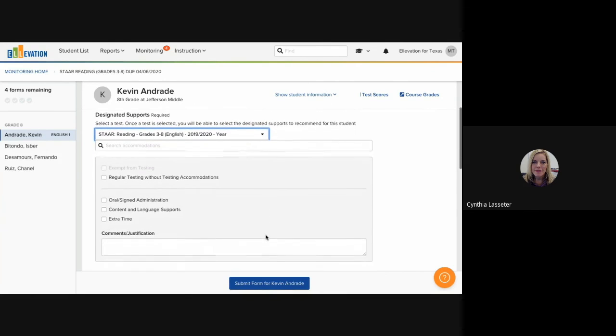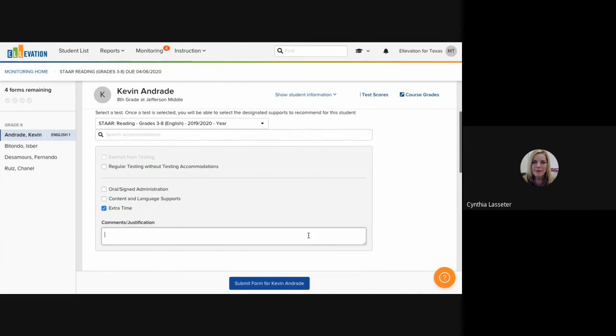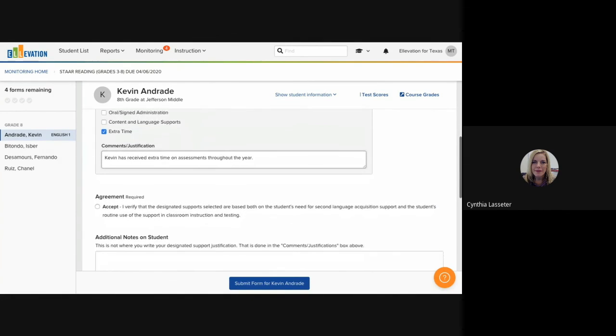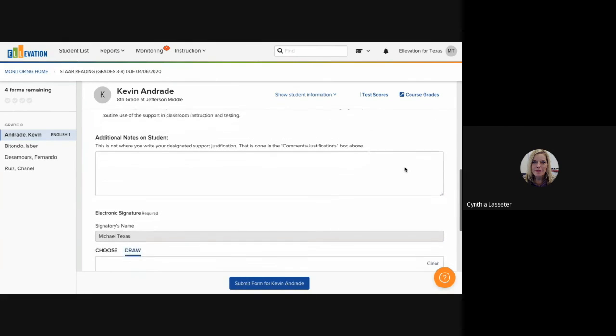Click the checkboxes next to the designated support that you recommend for the student on this assessment. Add a comment or justification, and answer any additional required questions on the form.